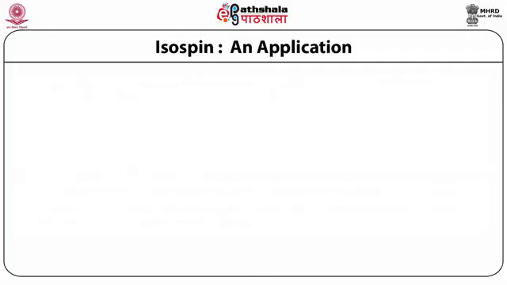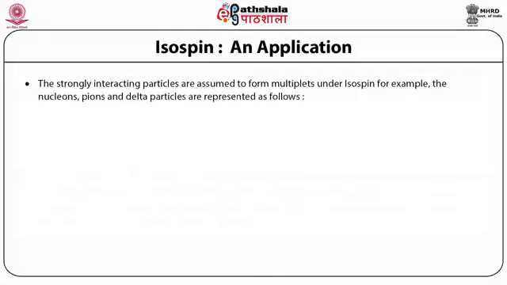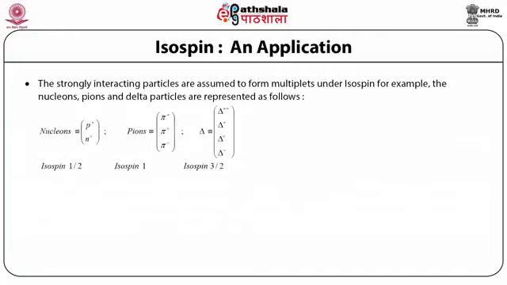How does the concept come? We know that the strongly interacting particles form multiplets under isospin. For example, the nucleons, the pions, the deltas are represented in the following manner. We have two nucleons, proton and neutron. As far as the strong interaction is concerned, the proton and neutron behave almost identically and they differ only in their electromagnetic interactions. So the nucleons, if you work with strong interactions alone, can be represented by a doublet whose